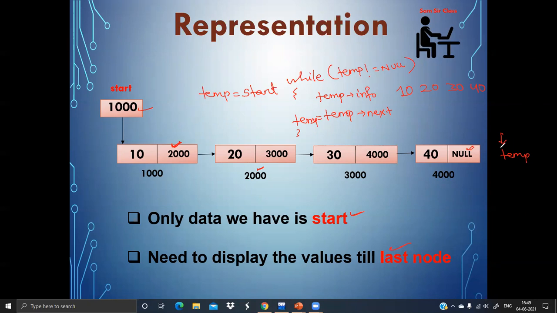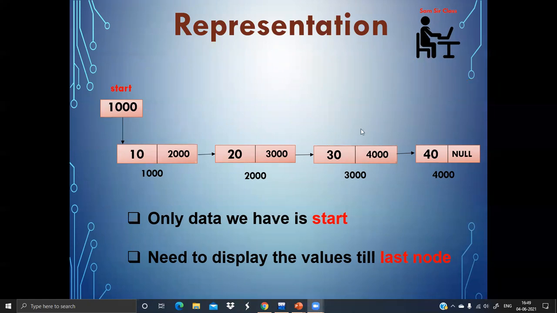Once temp goes out of the list, my execution is over because I have traversed all my values. This is again a simple procedure that we need to understand, the mechanism behind traversal of a single linked list. We are not changing the address of start by doing start equal to start next.